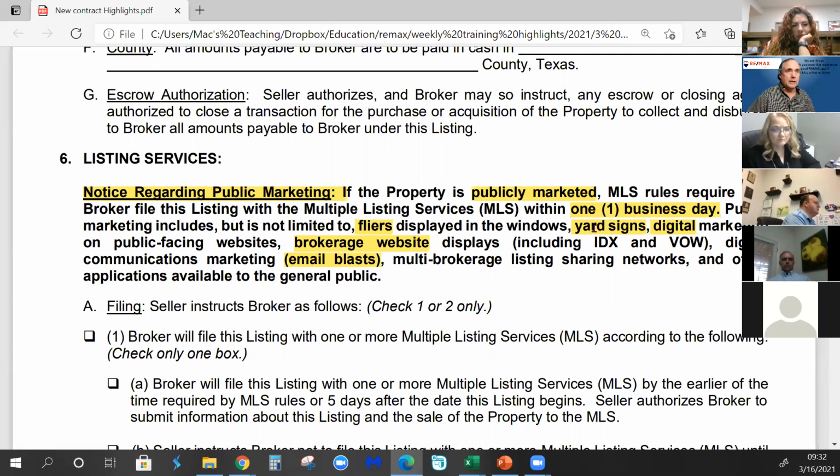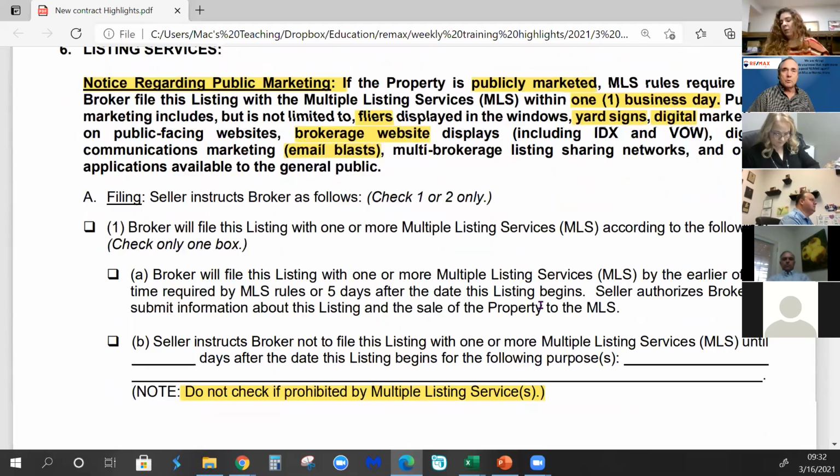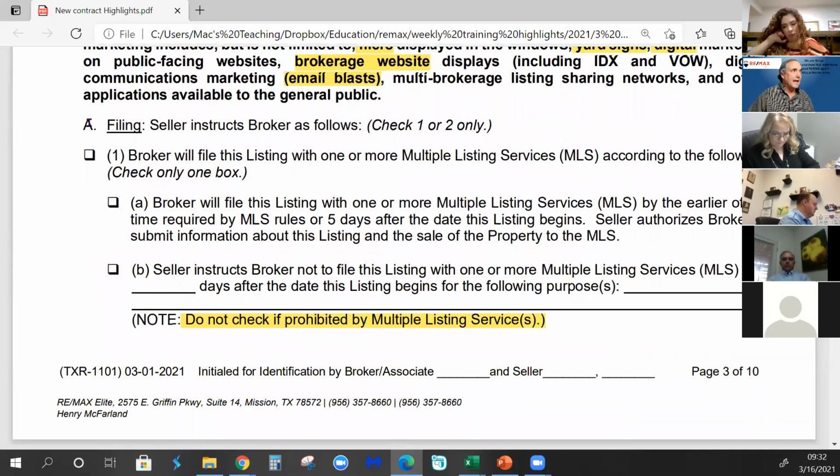Please make sure that you, and I highlighted the things on here that I thought you might want to take a look at. Anything you do that's going to generate interest in that, yard signs, digital marketing, websites, that's public marketing. And it needs to be in MLS. If the seller, so A1B,